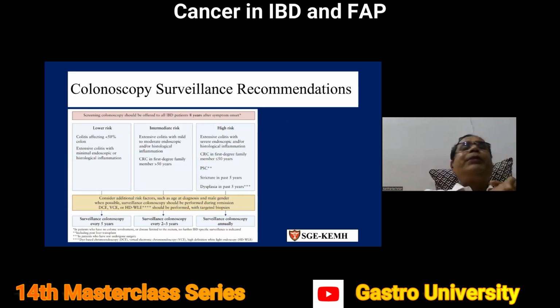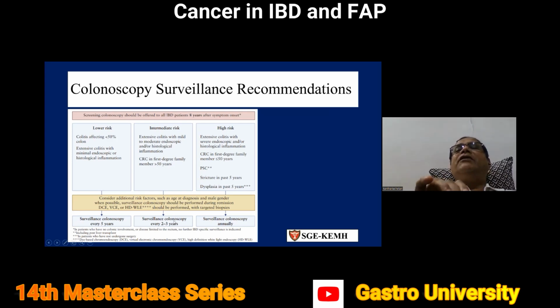Now, how do you actually pick up this malignancy? So for this, patients should be under surveillance, and the recommendations as per the various guidelines are that patients with lower risk, that is colitis less than 50%, or patients with extensive colitis but minimal endoscopic or histological inflammation, should be surveilled every 5 years. Patients with intermediate risk, that is extensive colitis with mild to moderate endoscopic and or histological inflammation, and patients with a first degree family member having malignancy but more than 50 years of age, should be surveilled every